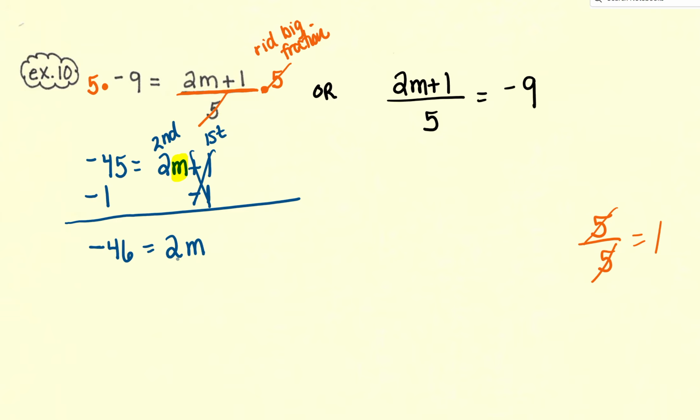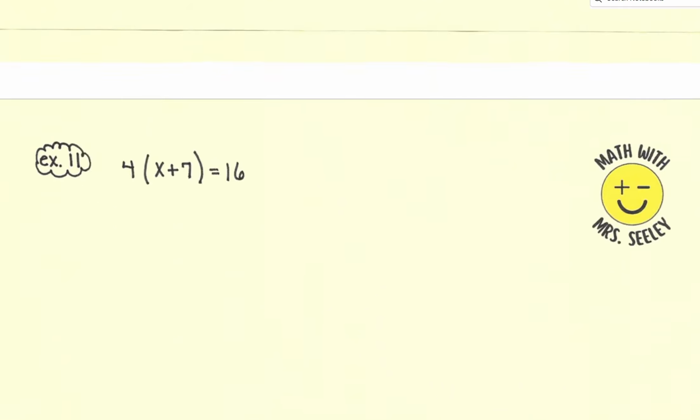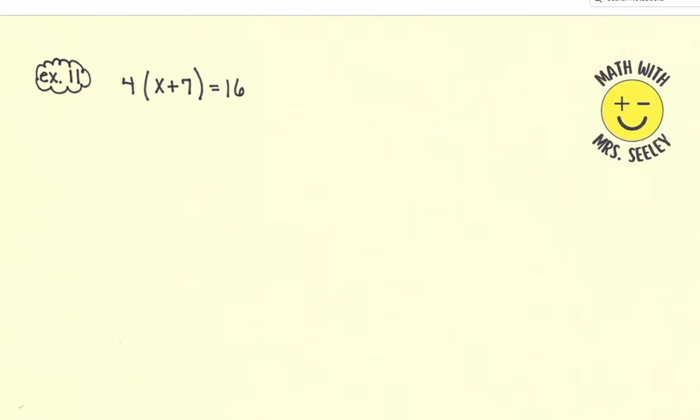That's attached by multiply, so I'm going to divide. So divide both sides by 2. Now I have a negative times a positive, a negative divided by a positive, which is a negative. And when I divide that, I'm going to get negative 23. And it does check. All right, the last two examples, I brought in some parentheses with a little bit of